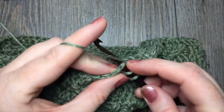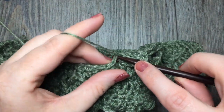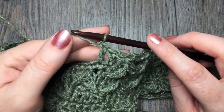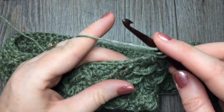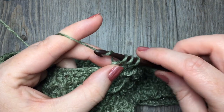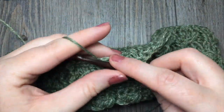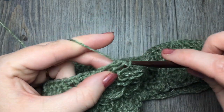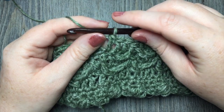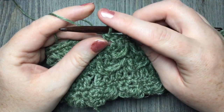So once again, you're going to repeat that all the way around, and then you're going to end once again with that ending front post triple cluster, and I'll show you that once again once we come back all the way around. So once you've worked all the way around and you've worked your final 3 double crochet stitches, this is for